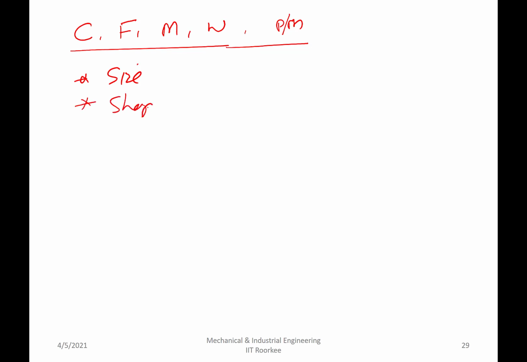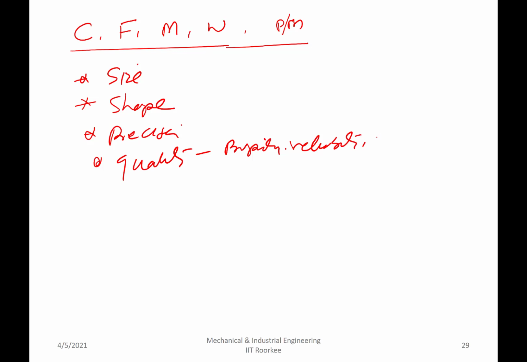What is the shape of the product? It is simple or it is complex. What is the kind of precision? Means every time the same dimensions and finish is realized. What is the kind of quality requirement, which is in terms of the properties,